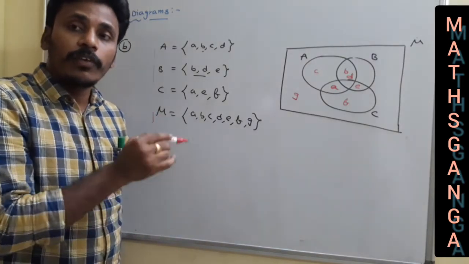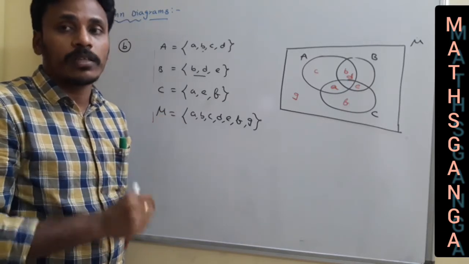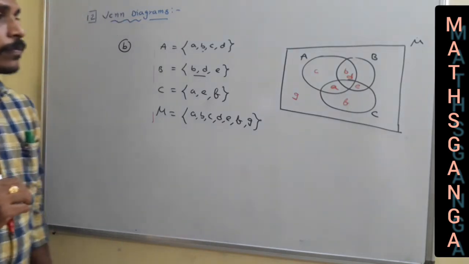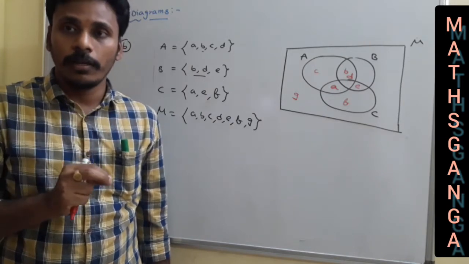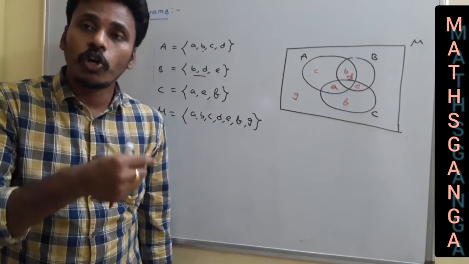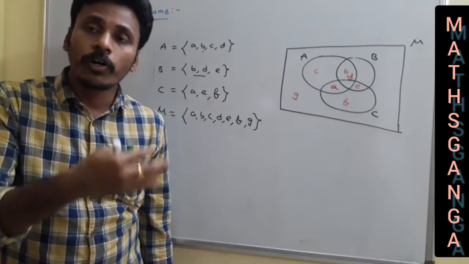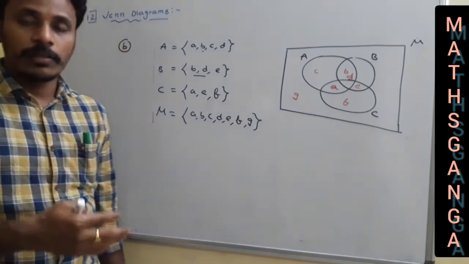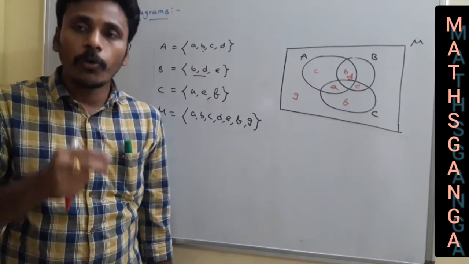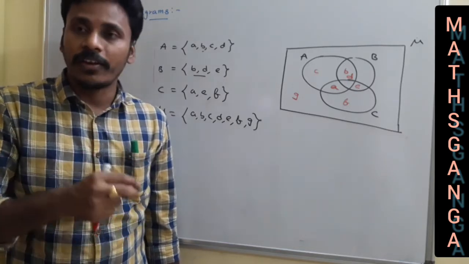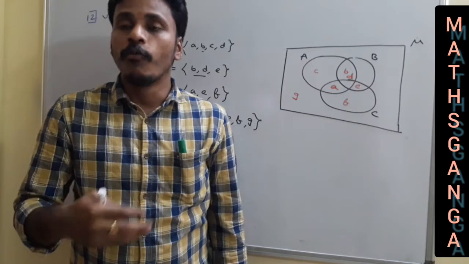To represent it, we use circles for the normal sets, whereas a rectangle for a universal set. Just have a look. To analyze all these things, initially what do we need? We need a very good observation skill, because we need to observe the regions which are common for sets A and B, which are common for sets B and C, and which are common for all the sets. So we need to observe everything. That's why we need to pay much attention to observing the regions. How to analyze the regions, how to represent the regions, and how to represent the elements in the regions, that's what we need to discuss in further points.